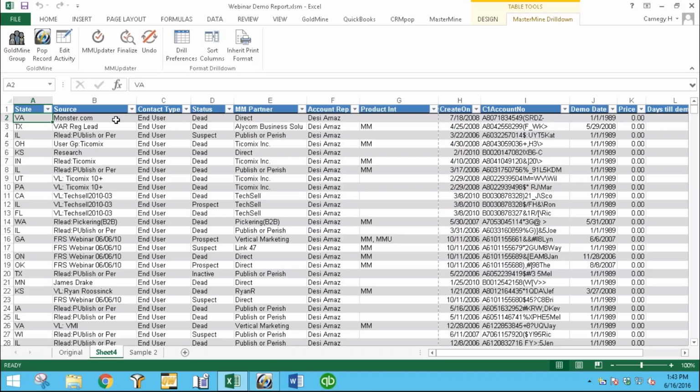Most of you are familiar with double-clicking and either pulling up a GoldMine account or a QuoteWorks document. But you can also hit that pop record. It'll do the same thing. And if I happen to be on a history or pending report when you're working with GoldMine, you can actually click on